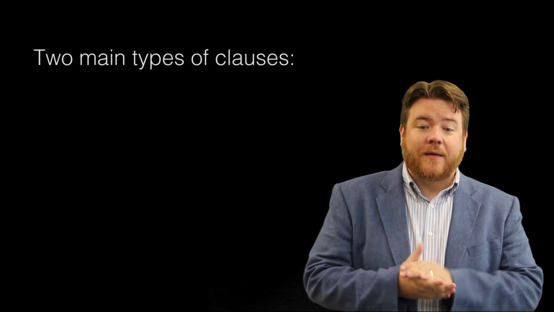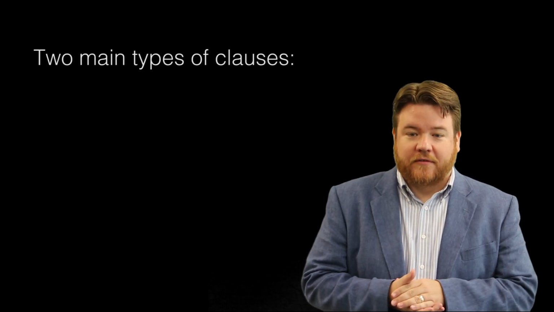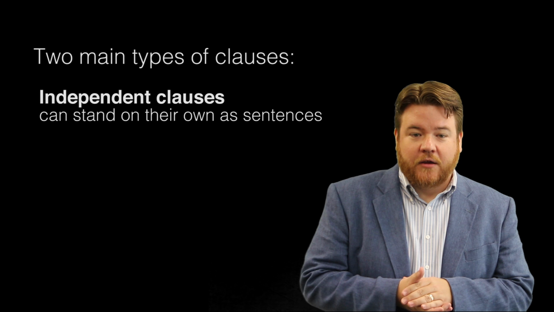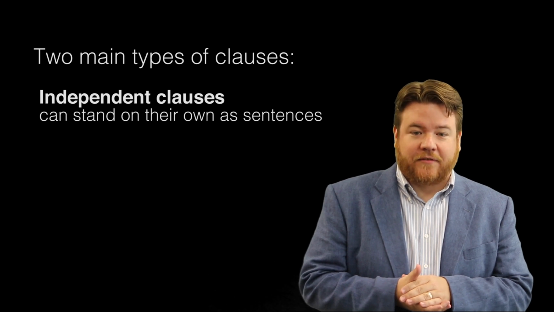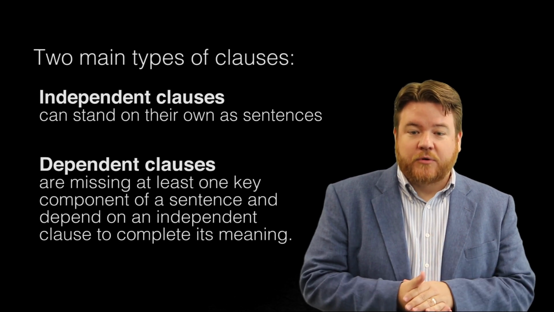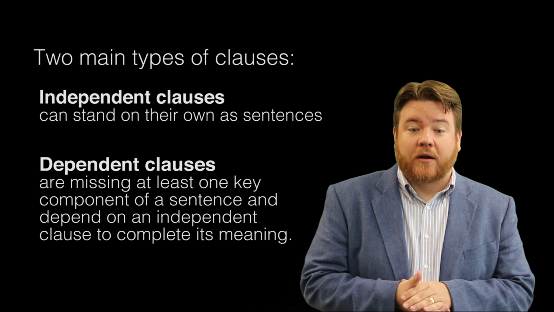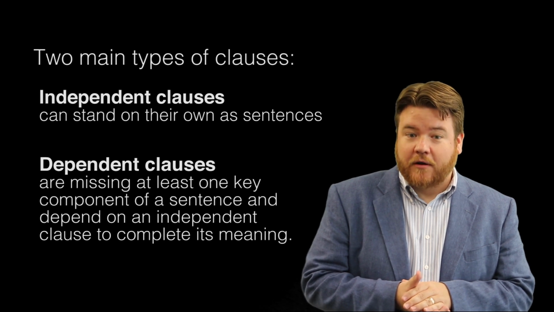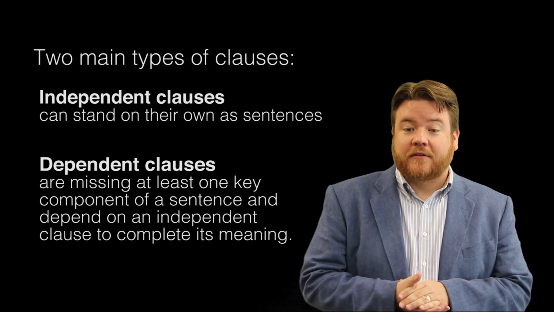There are two main types of clauses used to construct sentences: independent clauses, which can stand on their own as sentences, and dependent clauses, which are missing at least one key component of a sentence, and therefore depend on another clause to complete their meaning. Mastering the difference between independent and dependent clauses is the key to building effective, interesting, and most importantly, grammatically correct